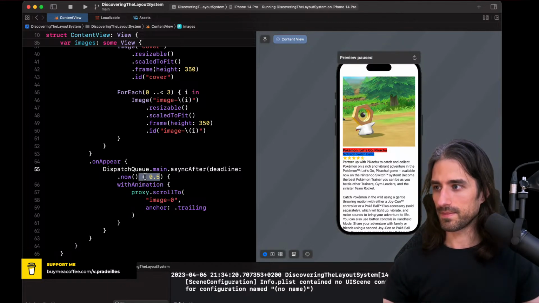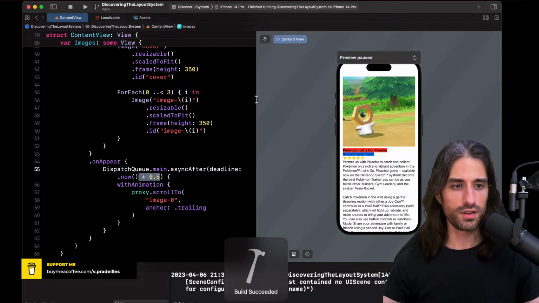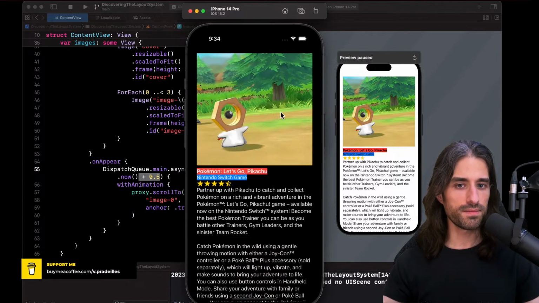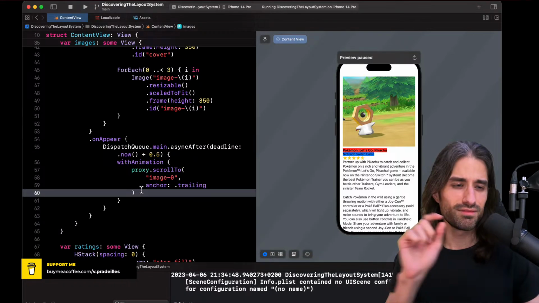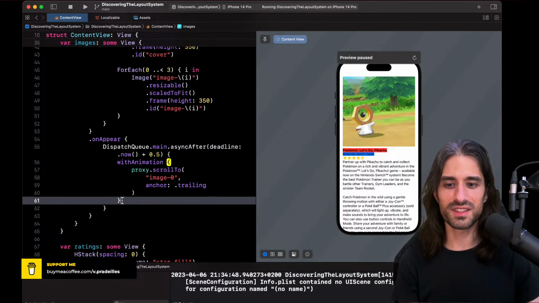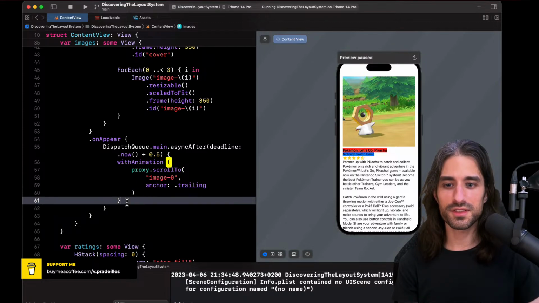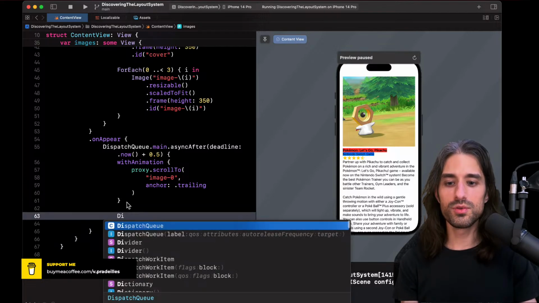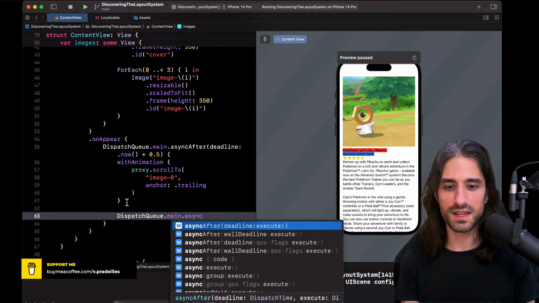Okay, so this is kind of nice. I mean, it works as we expect. But it feels a bit weird to leave the UI in this state. So we could also, and this is where it gets slightly ugly, once we've done the first animation, do a second animation, which would look something like that.